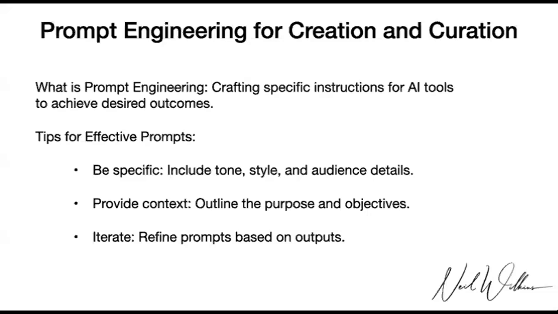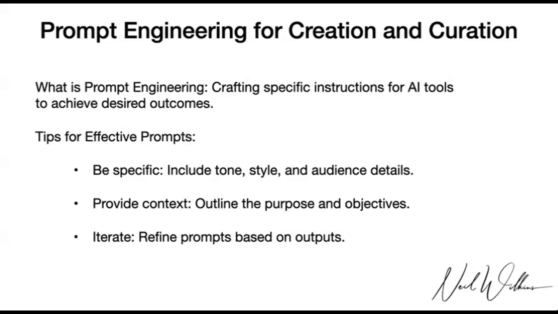So the tips that we need for building an effective prompt is to be really specific. We need to include the tone, the style, and of course, the target audience, because without that, we're just creating generic content, and the AI will create some great generic content, but it won't be as impressive as it could be. We need to provide the context. Outlining the purpose and the objectives is so, so important, because otherwise, much like a human, how do you know why you're being asked to do this? And you wouldn't want to be briefed with just, can you do this? I'm not going to tell you why I need you to do it, but can you just do it? You wouldn't want to be briefed like that. Well, your AI tool doesn't either.